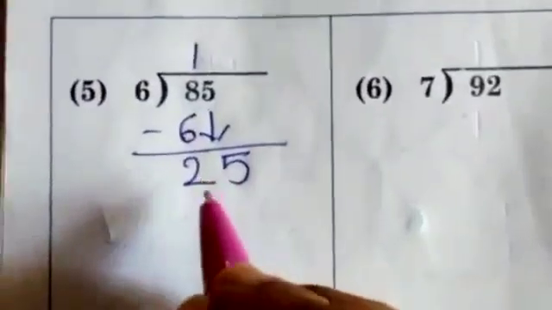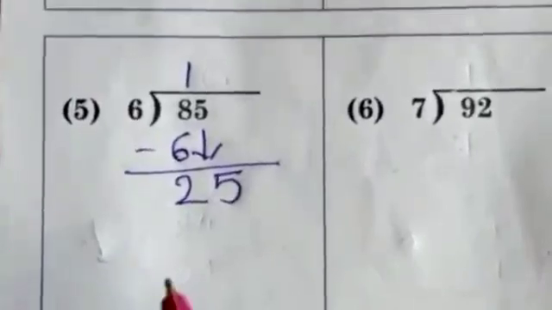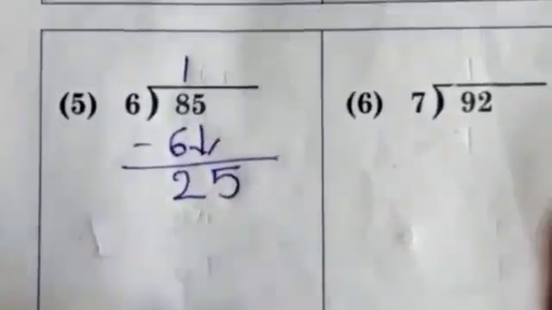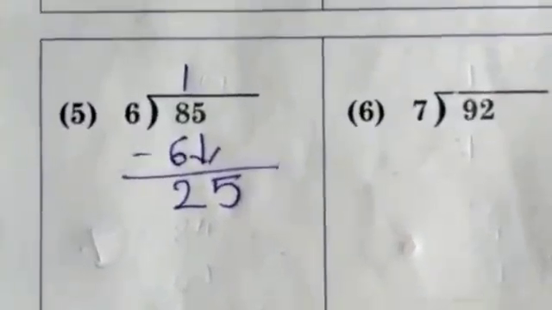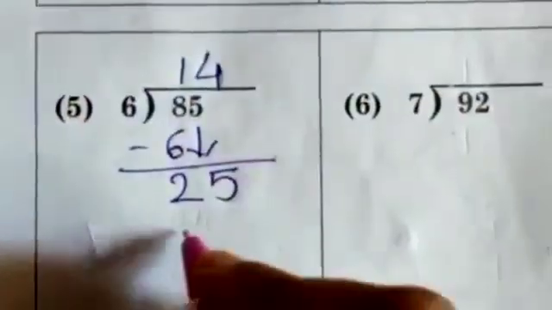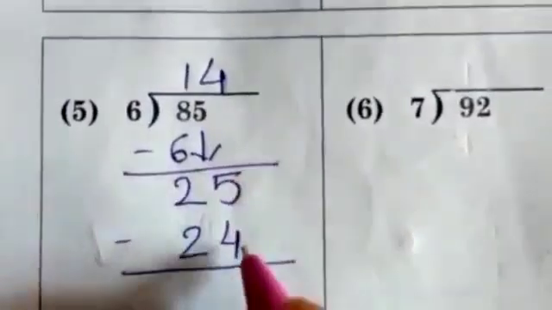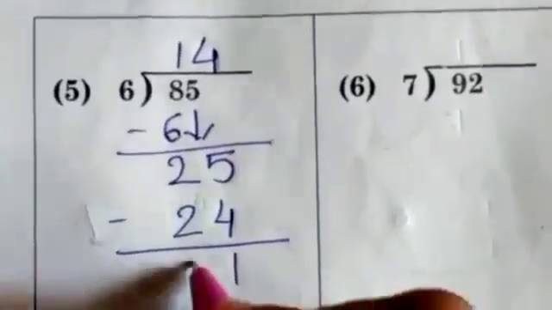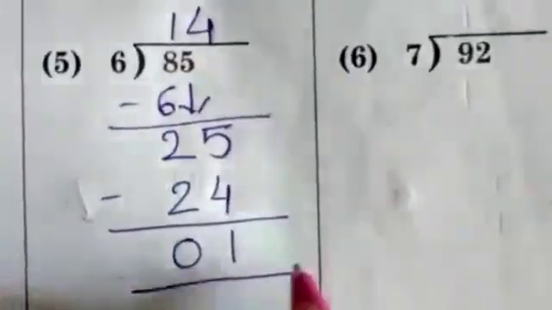25. Now let us see whether 25 is coming in 6 table. No. So we have to find out such number which is less than 25 and it is divisible by 6. 6 ones are 6, 6 twos are 12, 6 threes are 18, 6 fours are 24. Okay, 5 minus 4 is 1, 2 minus 2 is 0. There is no other number, so final answer is done.